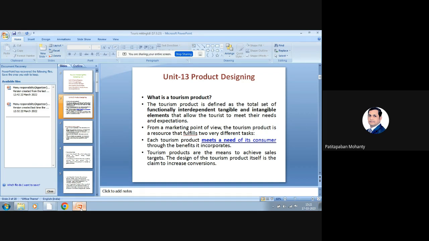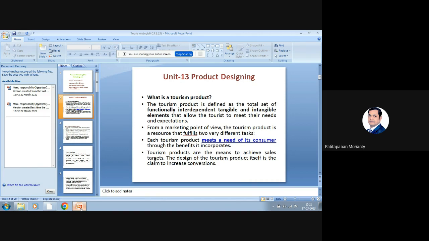The travel agents and the tour operators, when they interact with this kind of product, need to understand the full concept of the product design. And they are the intermediaries. They actually sell this product among the tourists or among the visitors. So that's why you should always